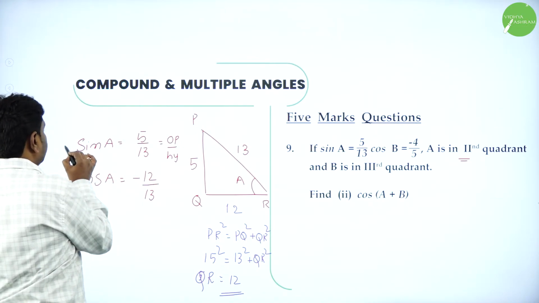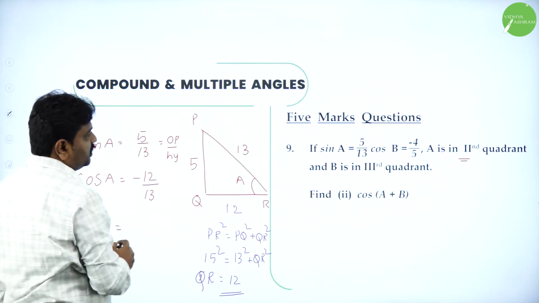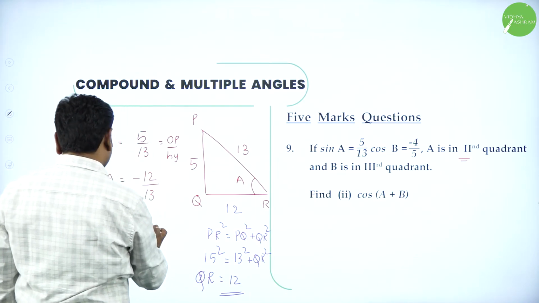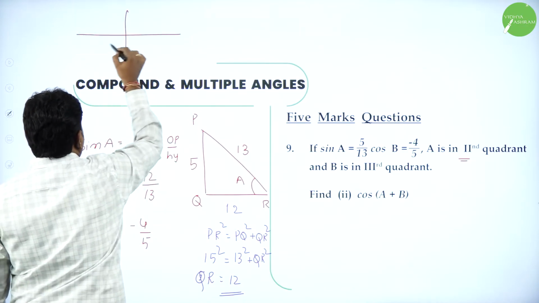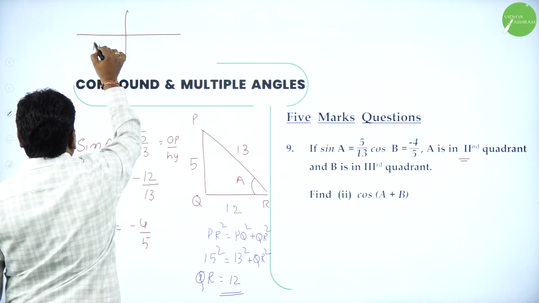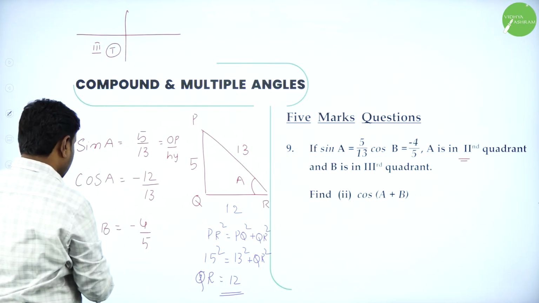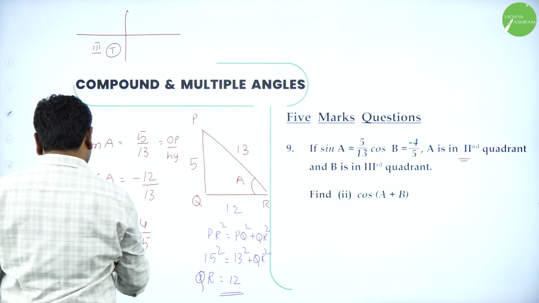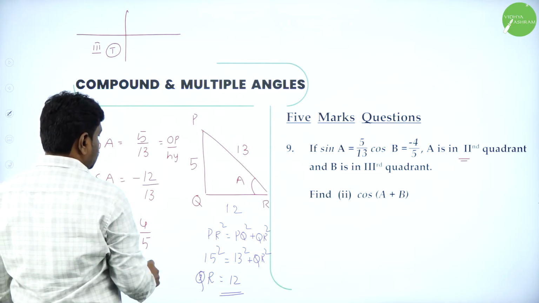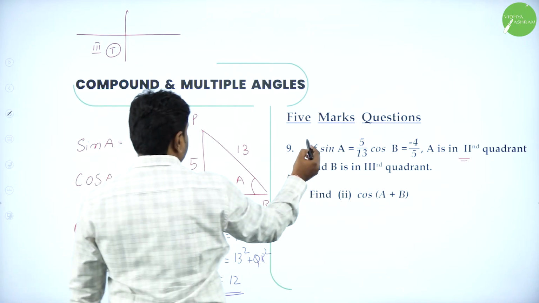So now you got sine, you got cos. Cos B is given. What is cos B? They give negative 4 by 5. And they told B is in third quadrant. In third quadrant, tan is positive. Remaining all the trigonometric functions are negative. Now you should also find sin B. So we'll construct a triangle for this. For cos, if you construct the triangle,